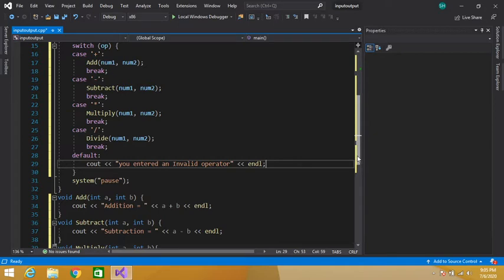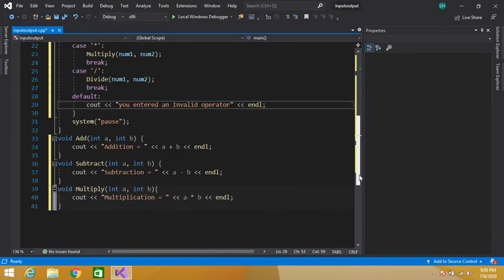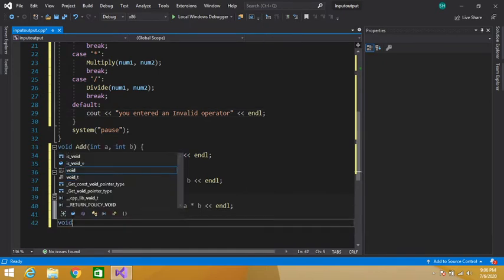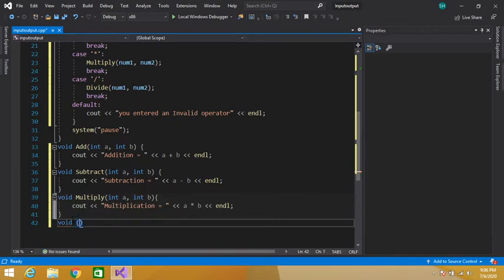So we have written the definition for our divide function. Now here we have to write the definition of our divide function, also outside the body of the main function. So void, what is the syntax? First the return type, that is void, meaning this function returns nothing, then the function name is divide, and then in parentheses the parameters int a, int b.